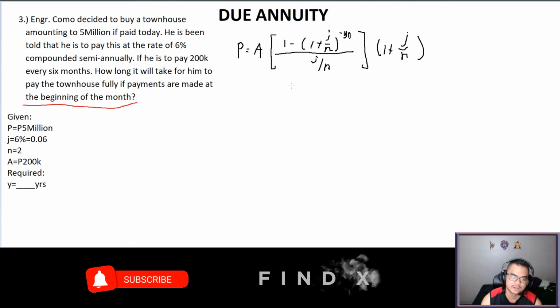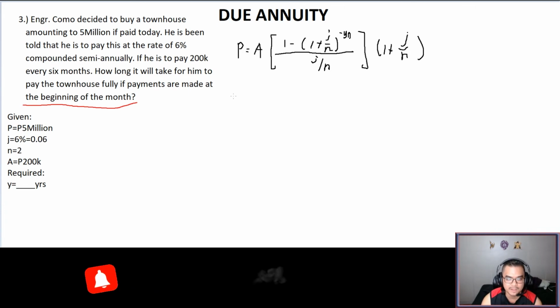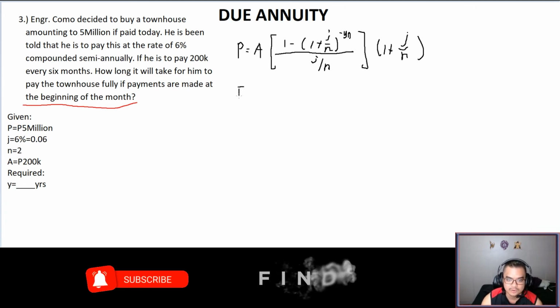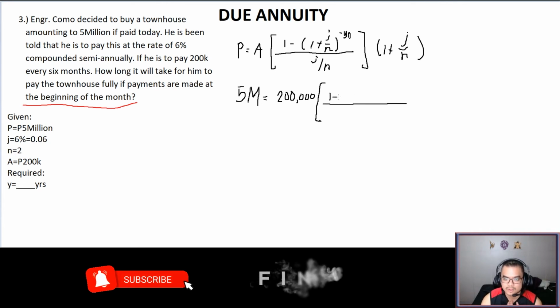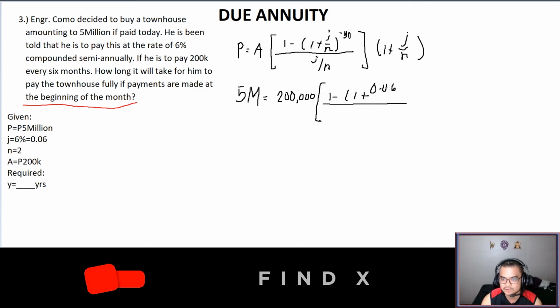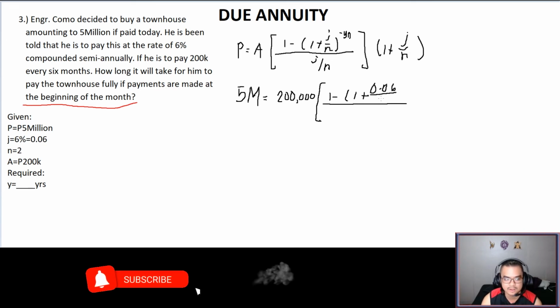Alright, so we can now substitute all the values we have. P, or the present worth, is 5 million. I think I can just write here 5M, okay, 5 million. And A is 200k. And then 1 minus 1 plus j, which will be 6%, that's 0.06, okay, and then all over 2, that is raised to negative